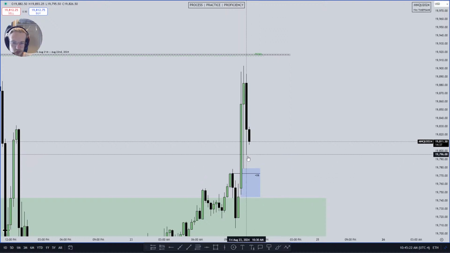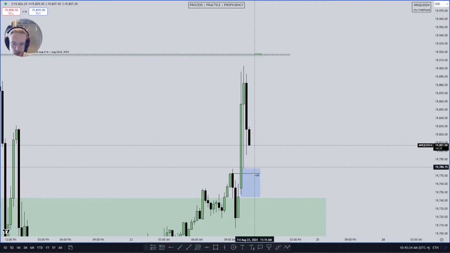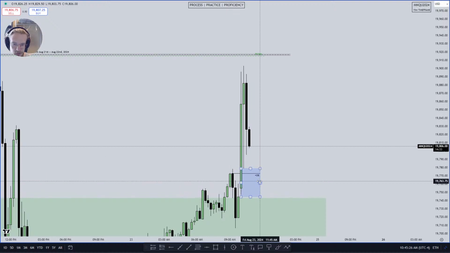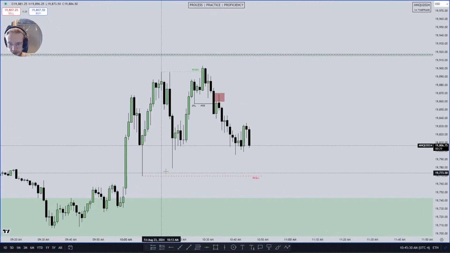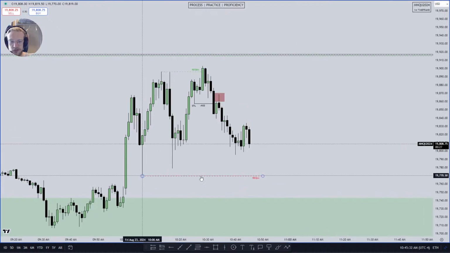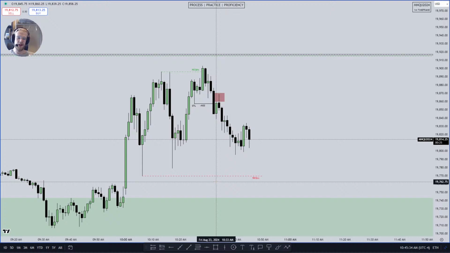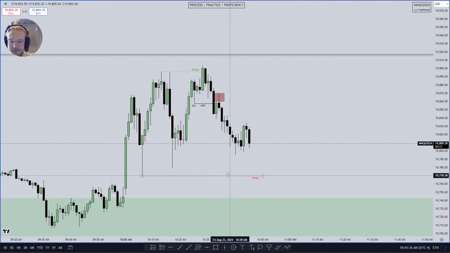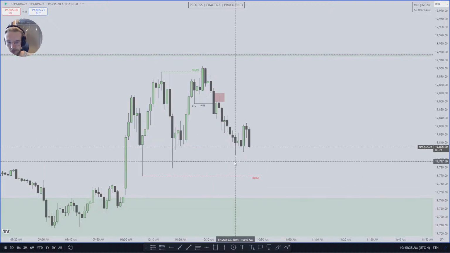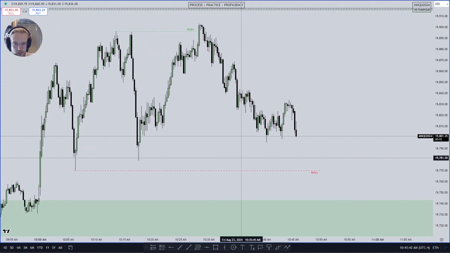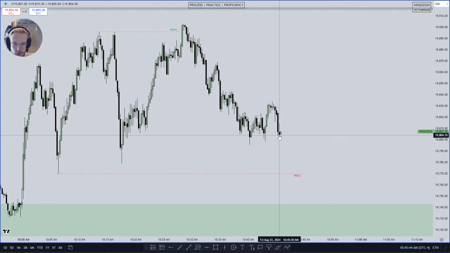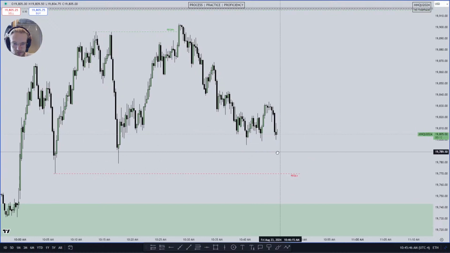Price will want to draw into this, and regardless whether it's going to fill it or not, this blue inefficiency, it will definitely want to sweep the sell side liquidity below these relative equal lows. If it takes out this swing low,